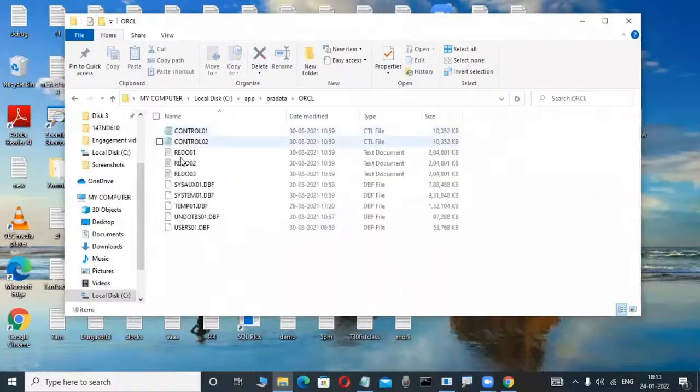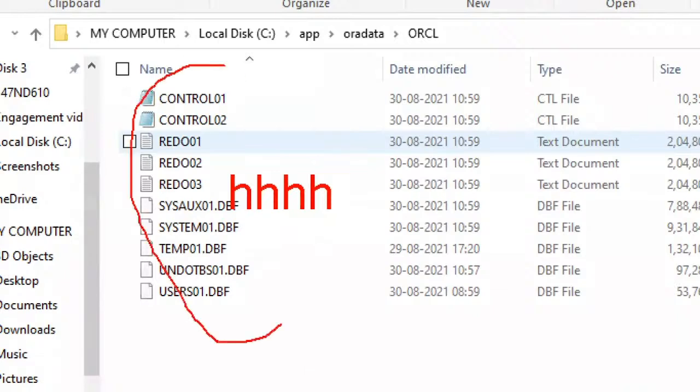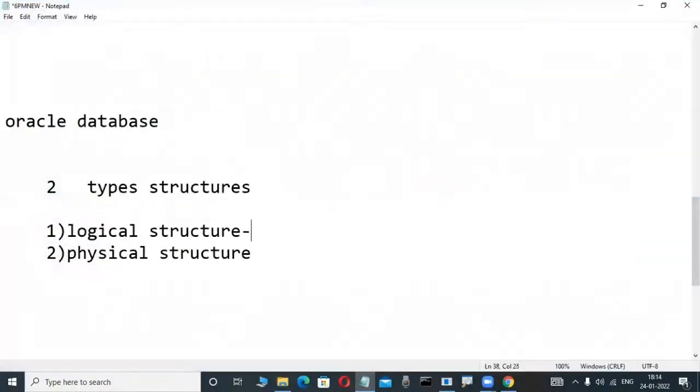And now here, in this C drive, your table is not available. Whatever table I'm creating, that is not visible. That's why in the C drive and D drive, this is not visible. That's why a logical structure means a structure which is not visible in the operating system, not visible in the OS, is called